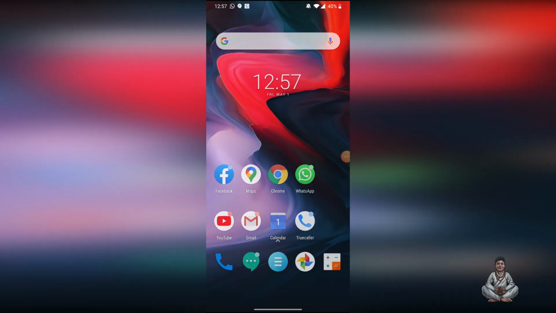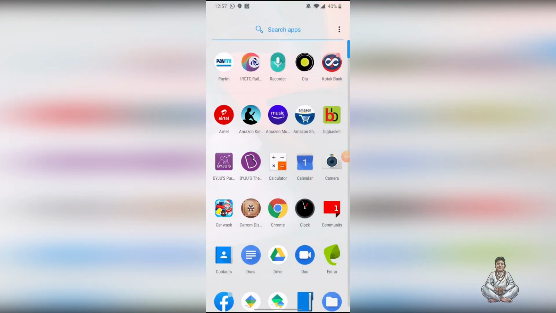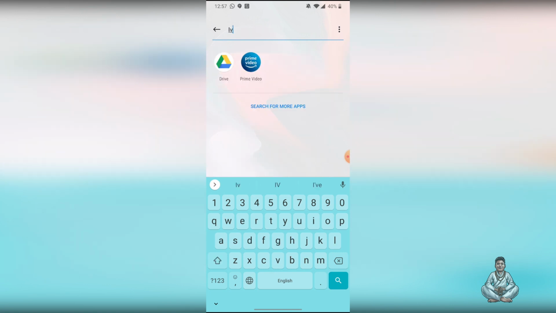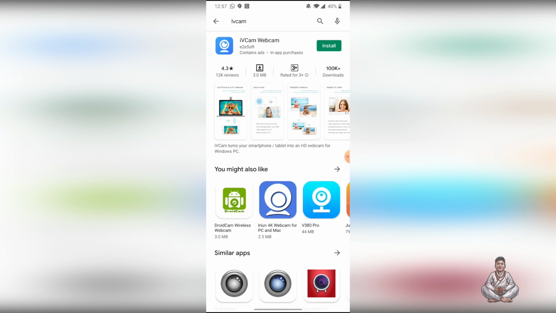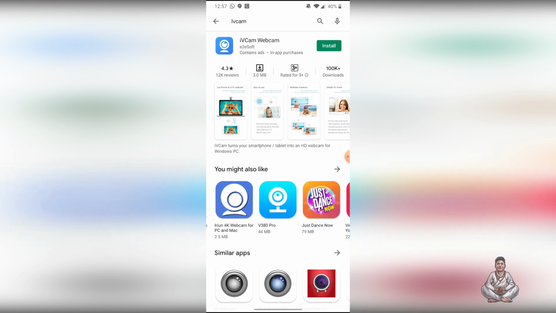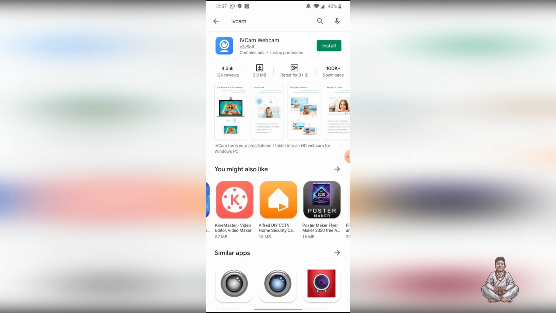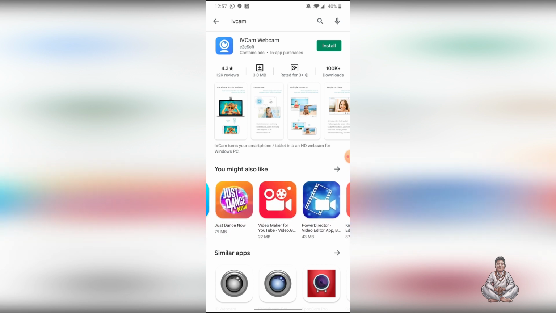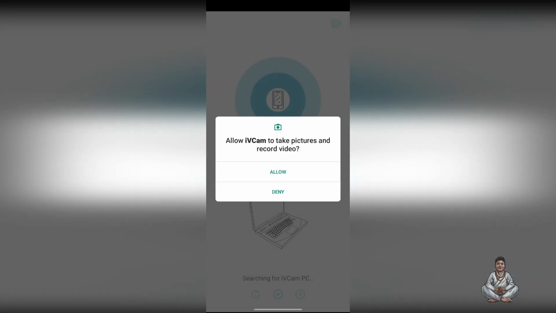So the first step involved is downloading the IVCam webcam app, which is available in the Play Store. It has to be downloaded on your Android phone, which you're going to use as a webcam. The Play Store also has numerous other similar apps, but I found IVCam to be simpler and user-friendly. So go ahead and install the IVCam webcam app, and once you've opened it, you need to give access to store the pictures and the videos which you're going to shoot through this app, and